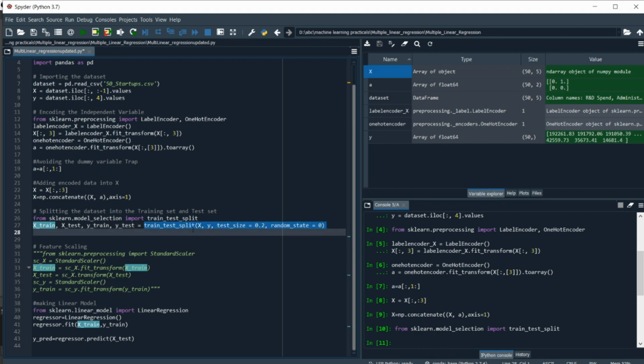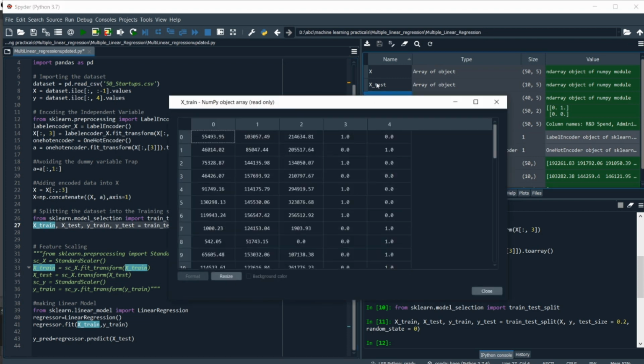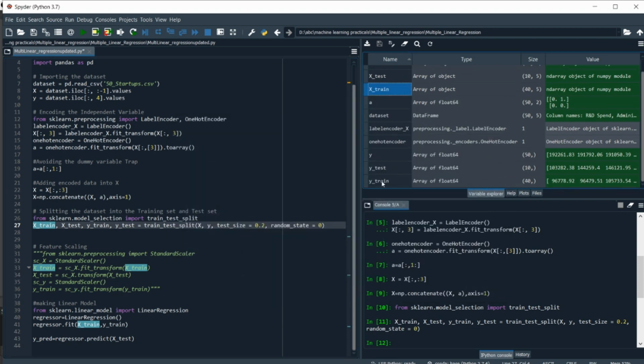And then we are going to use train_test_split, and here we pass both the independent variable and dependent variable, and then we pass test_size, which is 0.2, meaning 20% will be for testing and 80% will be for training. And then we assign random_state equals 0. Similarly, no random shuffle or random rows are going to be picked from our independent and dependent variables. So after executing this line of code, we will have four arrays for training data and testing data of the dependent and independent variables. So these are x_train and x_test, y_train and y_test.